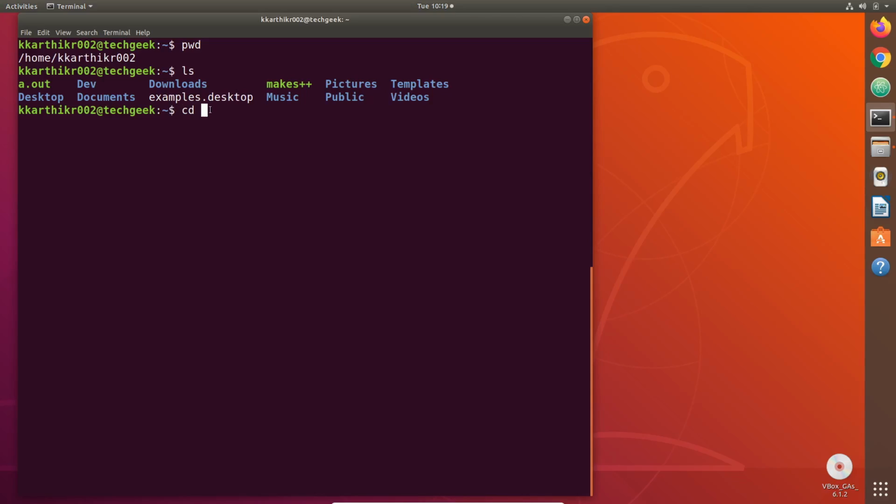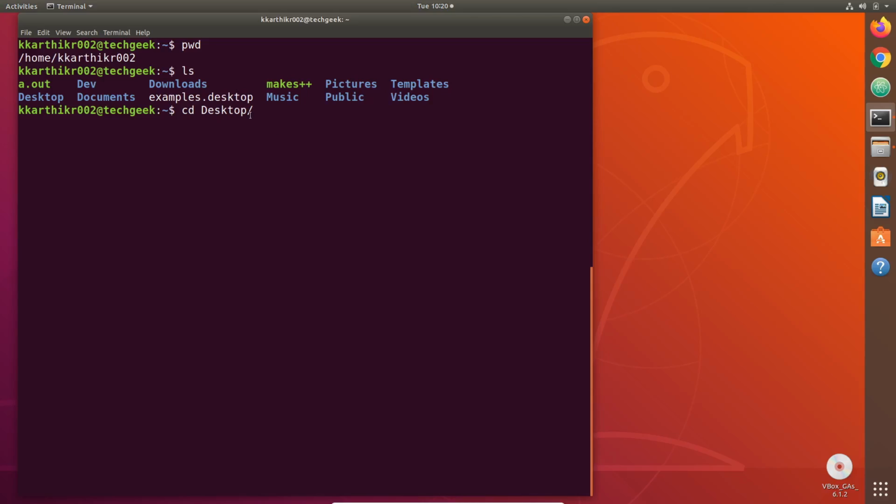Let's say we wanted to change our present working directory to Desktop. What we just need to do is give the Desktop path as the input argument. Here I am using a relative path because it is easy to use here. Desktop, tab to autocomplete.